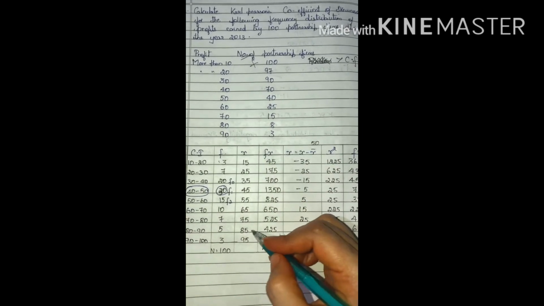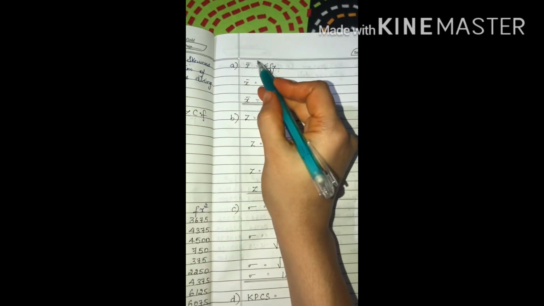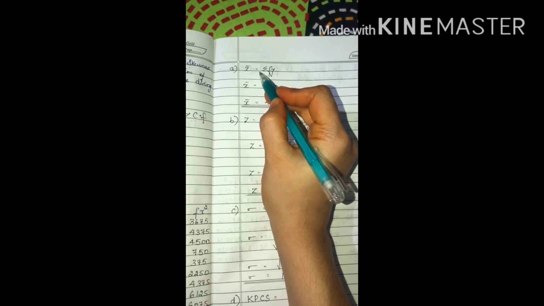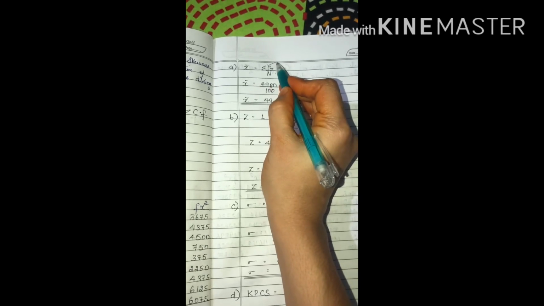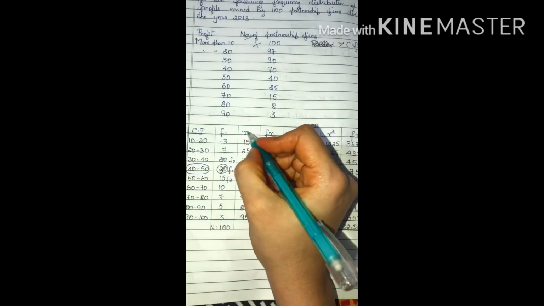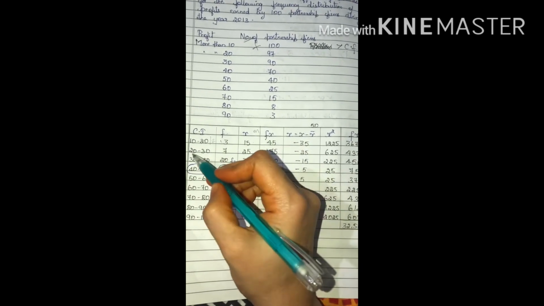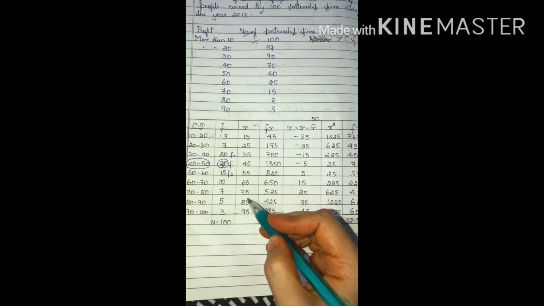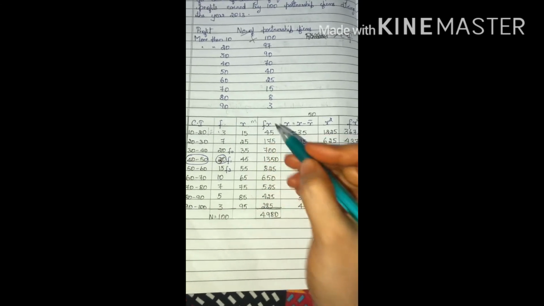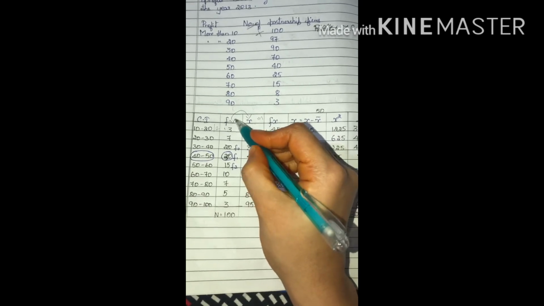Immediately, what is the next step? You have to first write down the formulas. First step is identifying the mean. The formula is x bar equals sigma fx divided by n. I have identified f, frequency. I should identify x. What is x here? X is the mid value. 10 plus 20 divided by 2, 15. 20 plus 30 divided by 2, 25. Similarly, you have to calculate for all the steps and write the mid value in the name of x. Next column is fx. So this f column and x column, you have to multiply the values.